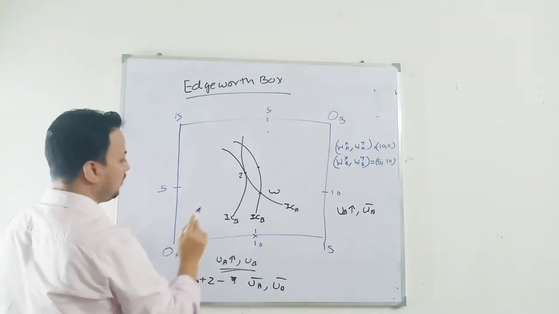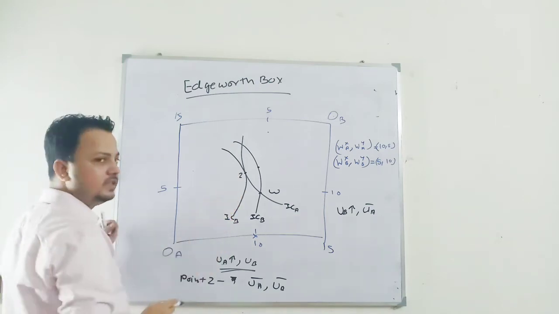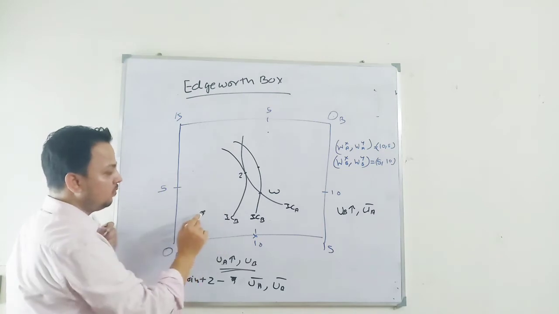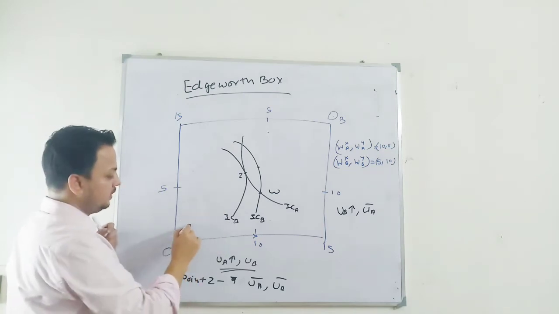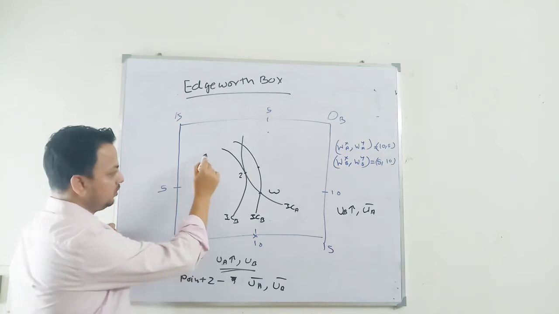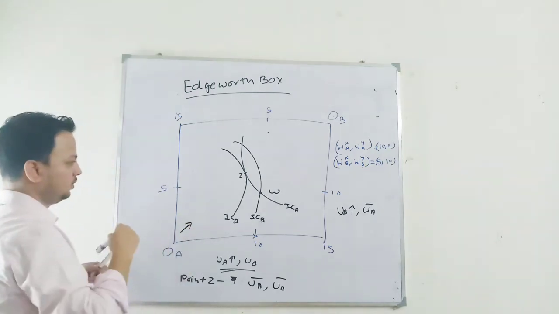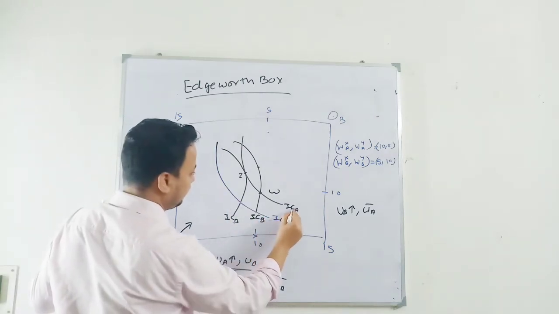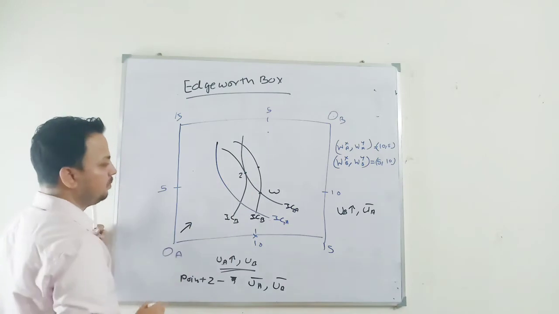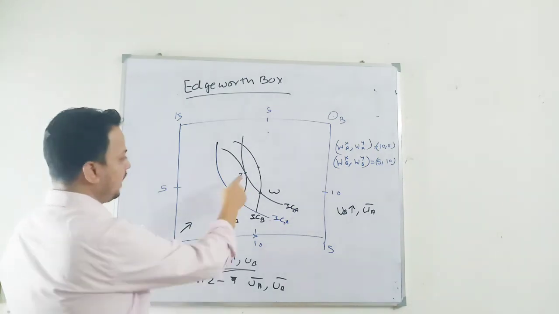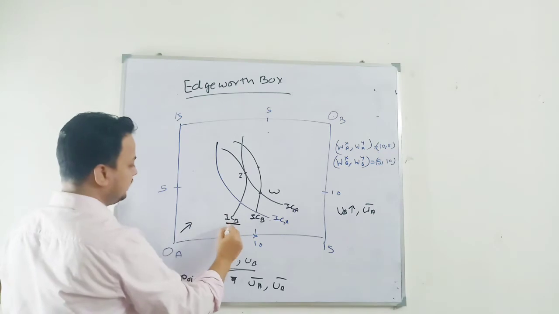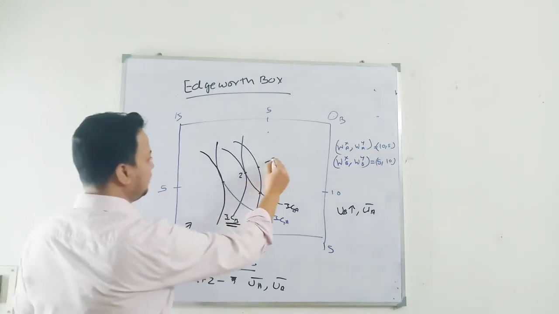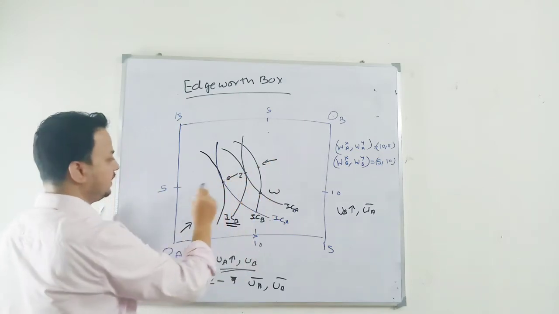Again, if I want to improve the utility of B any further, is it possible? Yes, it is possible. I can make B better, but I need to make A worse off. This direction represents higher utility. This is the indifference curve of A. This is 1, this is 2. So if I want to make B better off, I will move from this ICB to a higher IC, this curve. So the indifference curve of B is getting further away, so it is getting more utility.